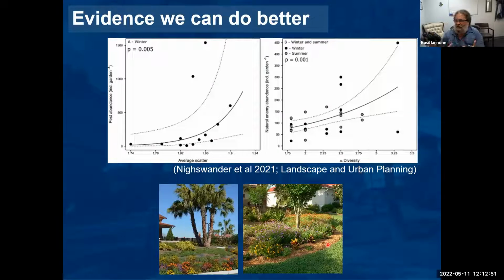So from this study, we can predict that if you design gardens by planting them more densely and with more species, you might be able to limit the need for pesticides, because you're creating a pest-resistant environment. So that's just one way of designing an ecosystem where we can provide ecosystem services.